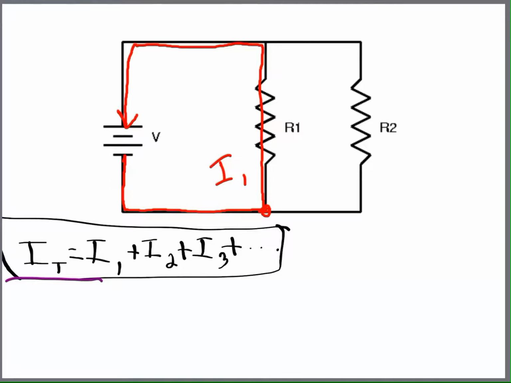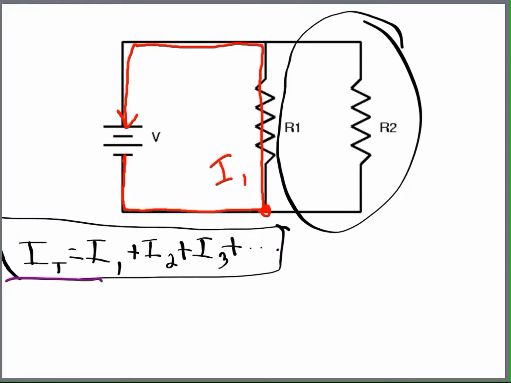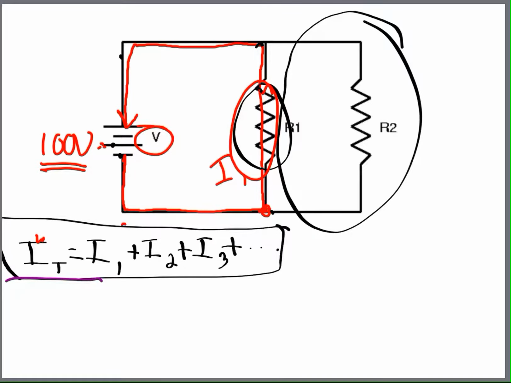Okay, so for now we're going to kind of pretend this doesn't exist, because we're looking at just the electrons that left the battery, came up through this resistor only, and went in. Now, if we're looking at just those, they have a voltage of V coming out of the battery. So if this was, let's say, 100 volts, right? That means that when the current comes across just this resistor, and it's only ever encountering this resistor, the electrons that choose to go this path have to lose all 100 volts of the voltage they're given over this resistor